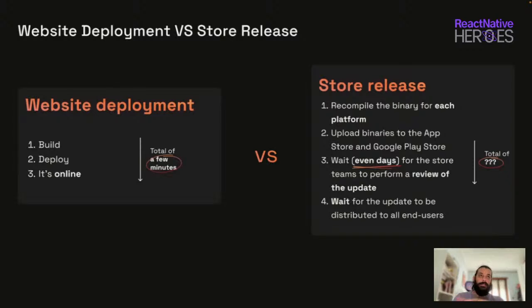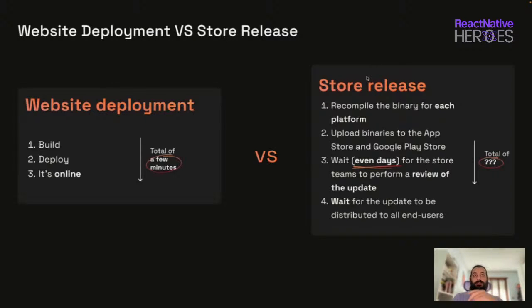When the app is released, updating either the JavaScript code, for example for fixing bugs or adding new features, or adding new image assets, requires recompiling the binary for each platform, uploading binaries to the App Store and Google Play Store and even other stores,